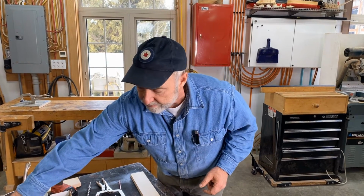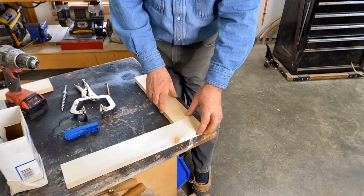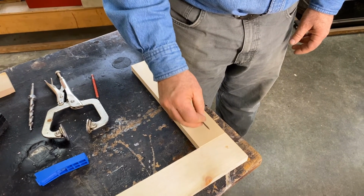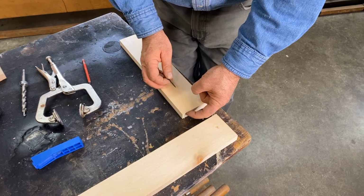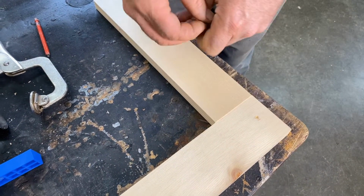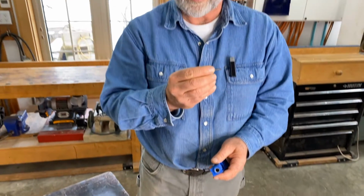So in a nutshell, a pocket joint is connected with screws, but the screws are driven into a pocket, a shallow angled pocket. It allows you to drive the screw from this face, extending out this end of the piece of wood, and then biting into the adjoining piece, like this. So it really all comes down to being able to drill that all-important, very shallow angled hole where you want it to go. And the only way you're going to do that is with some kind of a jig